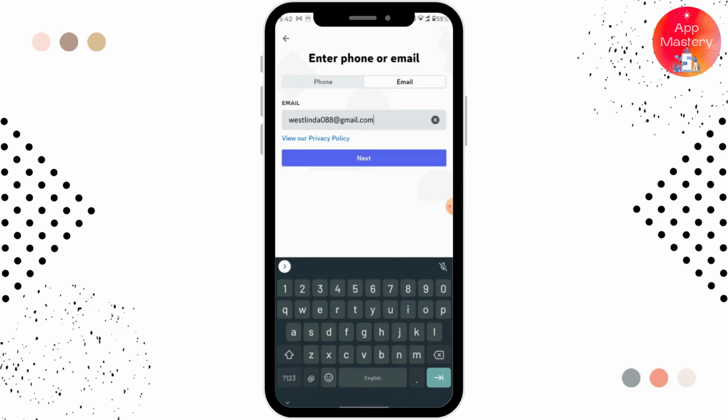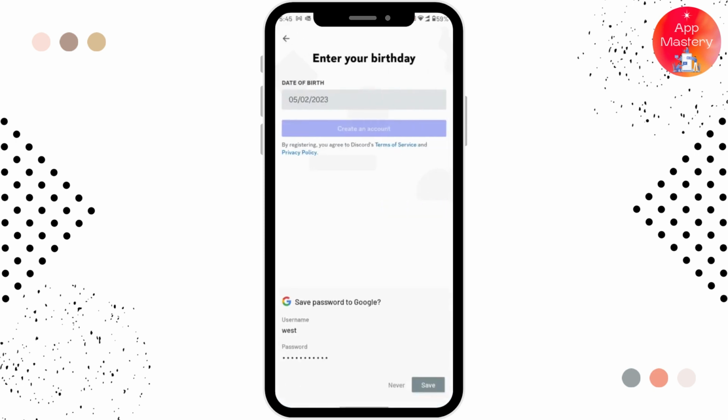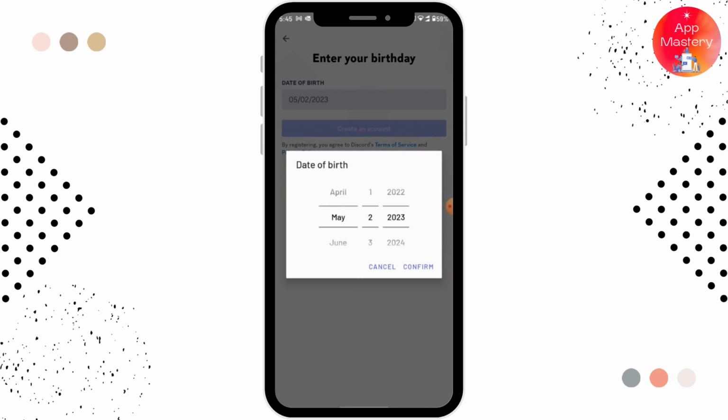Here enter your email, and after entering your email tap on next. After that it is asking us to pick a username, or you can also say nickname, and then after entering your username type in your password, and after entering your username and password tap on next, and here you can choose a date of birth